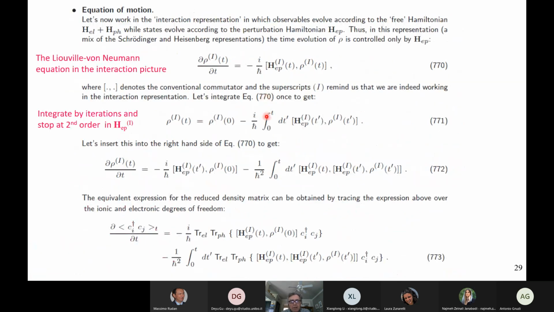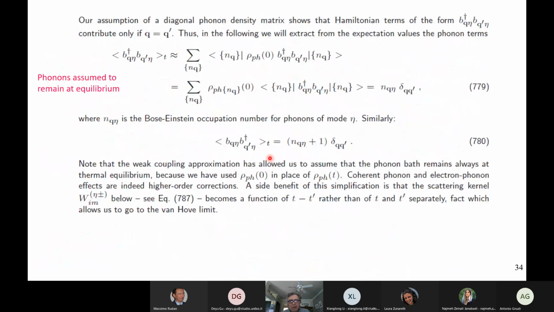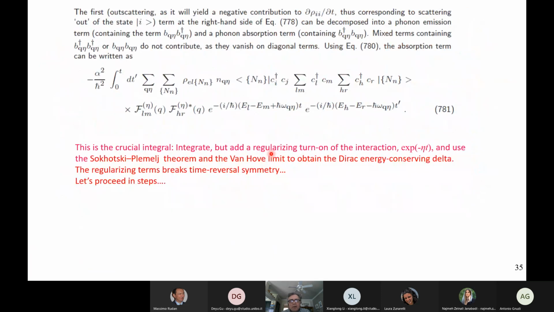these forms, where is it? Somewhere, I wrote it somewhere. Here, for the electron-phonon Hamiltonian. So there is a sum over i and j that I have to repeat, and that's where these indices R, S, and so on come in. Where am I? Right here? I lost it. Here. All these indices, L and M, H and R: the L and M come from one electron-phonon Hamiltonian, H and R from another electron-phonon Hamiltonian. So unfortunately, the painful part of all of this derivation is the number of indices that I have to carry around. So beyond the algebra,